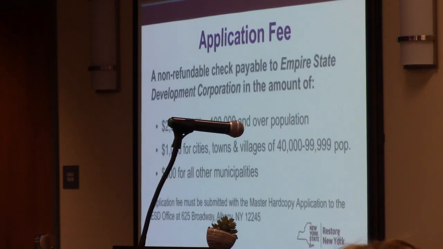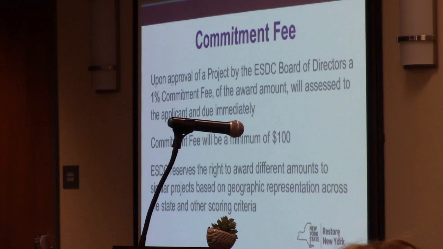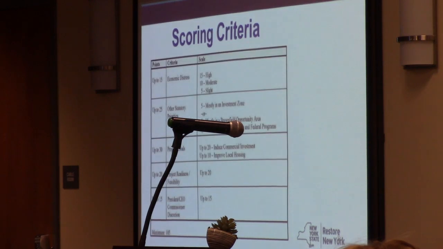And there's a fee the municipality has to write. You're going to end up writing a check for about $1,000, Mr. Supervisor. Luckily, it's not out of your pocket. And then there's a commitment fee. But the scoring for the application itself, economic distress is a high scoring